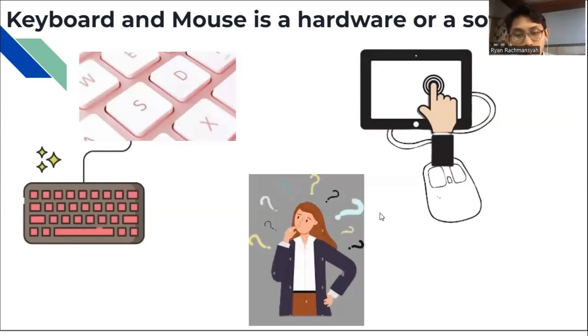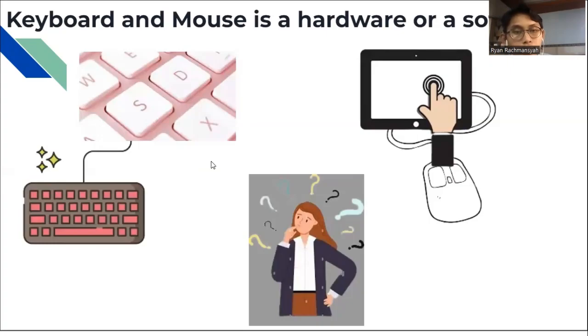For example, the keyboard and mouse on the computer can be hardware or software in digital form. Meanwhile, when we use a touch screen or digital screen, the keyboard and mouse can be in the form of software, on smartphone and tablet screens, as well as touch screens on laptops. It depends on what we apply it to.